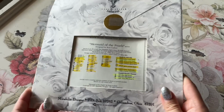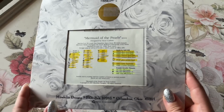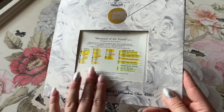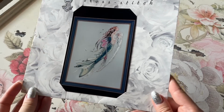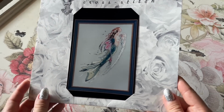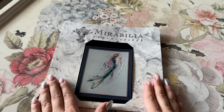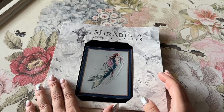This was done by the previous owner. I did open the pattern. The pattern itself is not attached. It's in perfect condition, but this is done by the previous owner, which is okay. I will survive it. It does not bother me. But now I am a very happy owner of this pattern. And now let's continue on the video that I filmed before this moment and see what else I've been purchasing